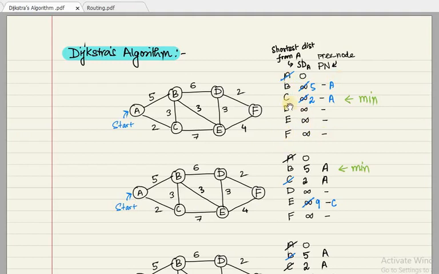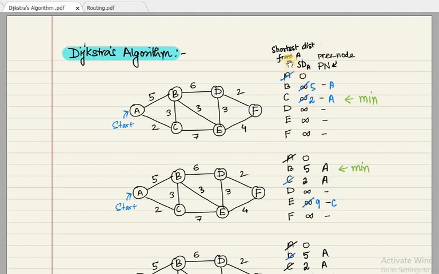This first column is just mentioning the various nodes we have, and it has to start from the node for which we want to find the graph. So here we have just the nodes. Then the second column is the shortest distance from A. I'm just giving an abbreviation, SD with A. Here it's a column where you will find the various costs related to these nodes. We will try to understand step by step.